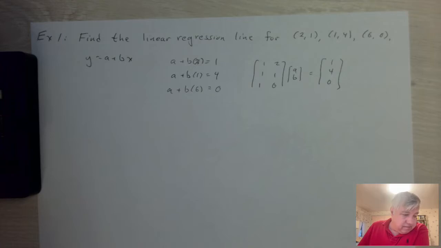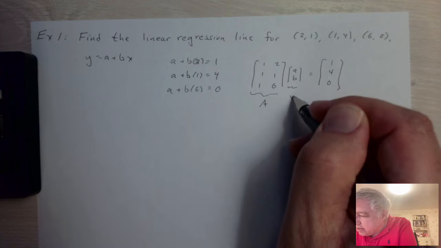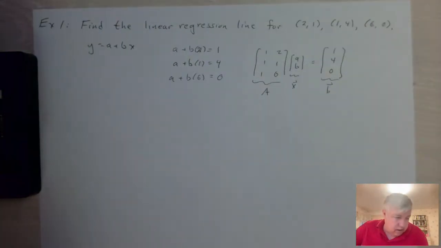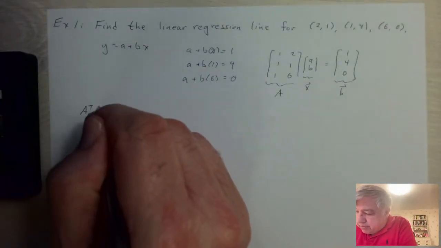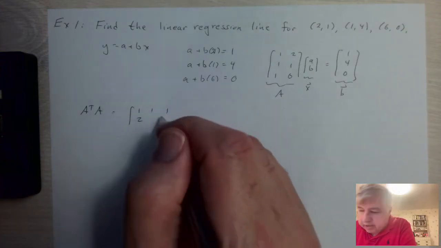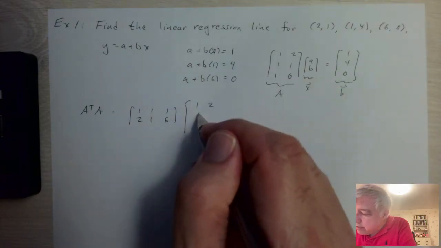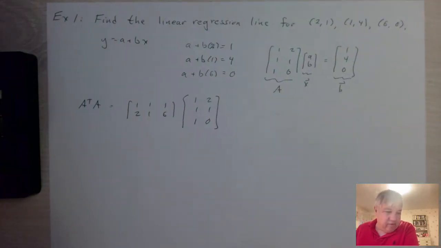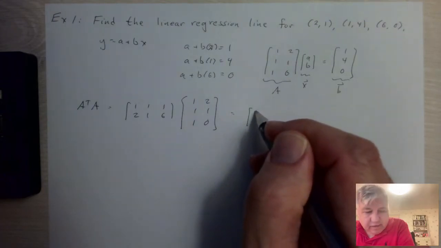Okay. So this is our A, this is our x bar, and this is our b. Okay. So we can go ahead and proceed. We can first compute A transpose A, where A transpose is [1, 1, 1; 2, 1, 6], and A is right here. If we compute this, it turns out to be a 2 by 2 matrix, which is given by 3,